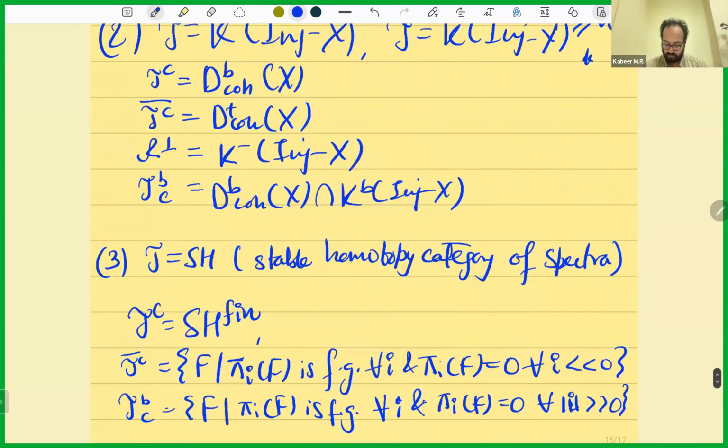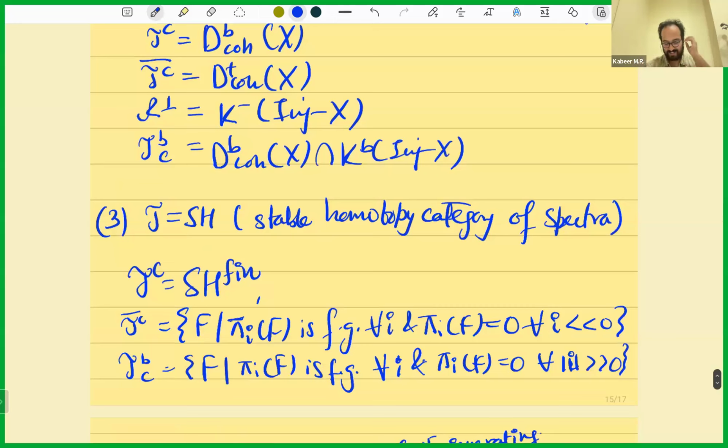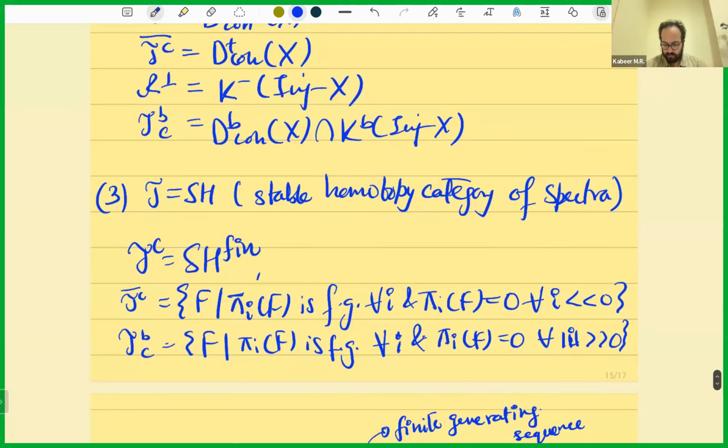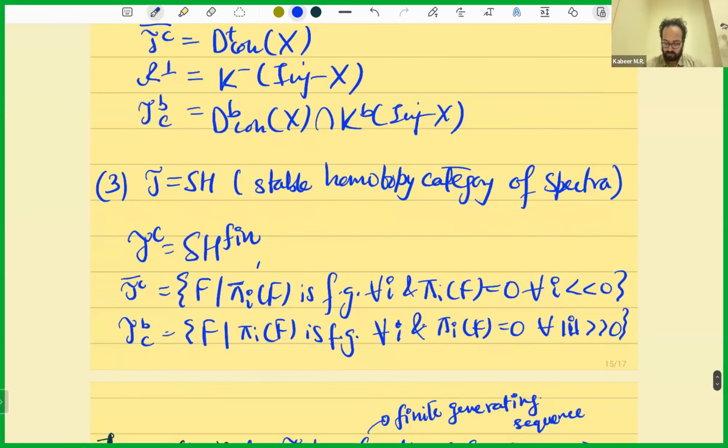There are a couple of homotopy theorists here. So here is an example from homotopy theory, which I'm not very comfortable with, but whatever. If T is the stable homotopy category of spectra, then the compacts are the finite spectra. The closure of compacts is connective spectra with each stable homotopy group finitely generated. And the bounded objects are exactly the ones with finite Postnikov towers.